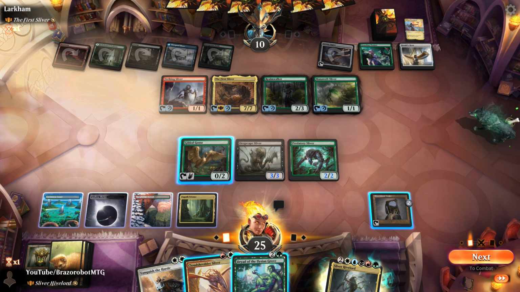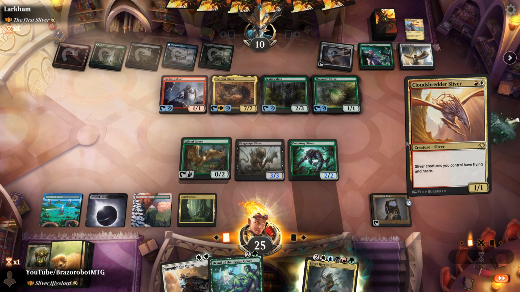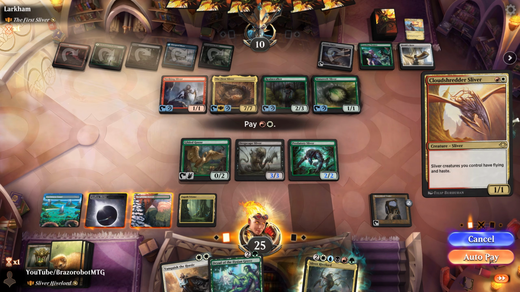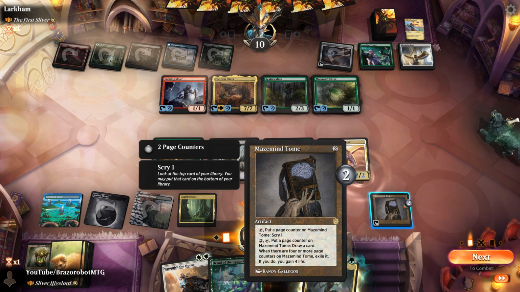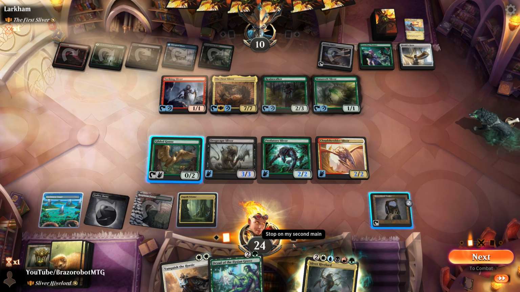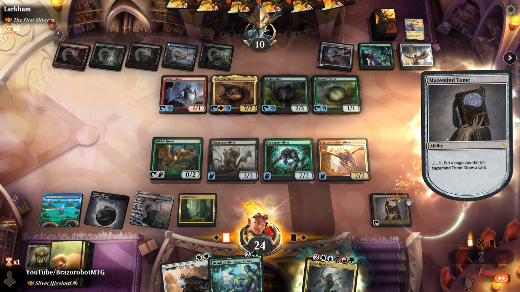Try it. Doesn't help us. So, wow. Now we lose, right? So we can play the Cloud Shredder Sliver. Oh no! Opponent! We were going to win that one! And we could also have Tron, but that's...